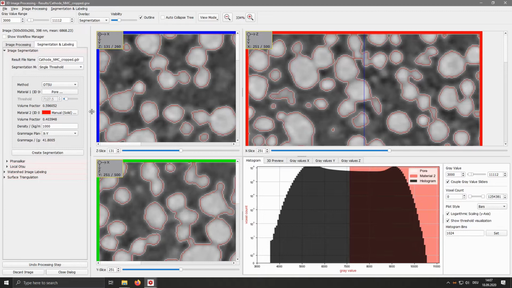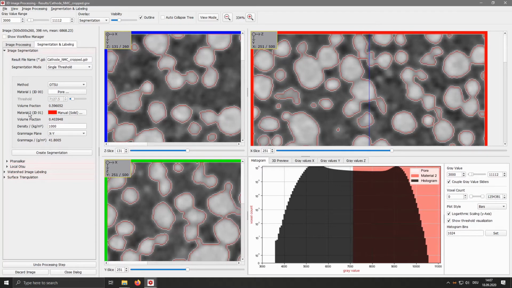So if I pull this a bit bigger here, you will see material ID 1 is our solid, and material ID 0 is our pore space, and it's colored in white, and material ID 1 is colored in red. And next to the red line, you see the border of the pore space as a white line.